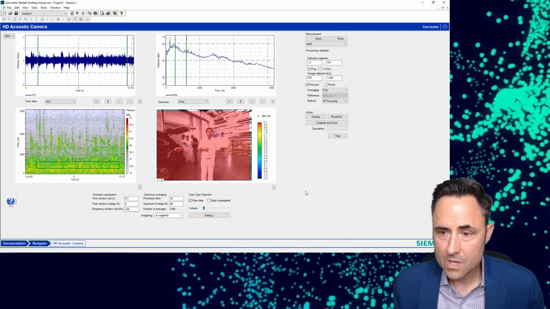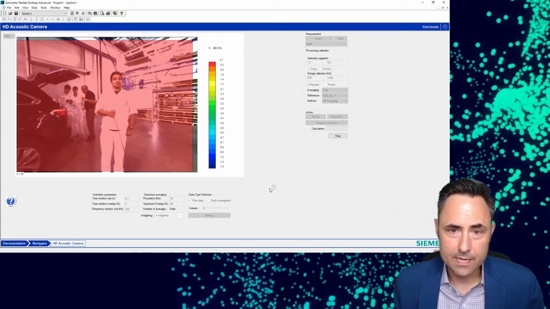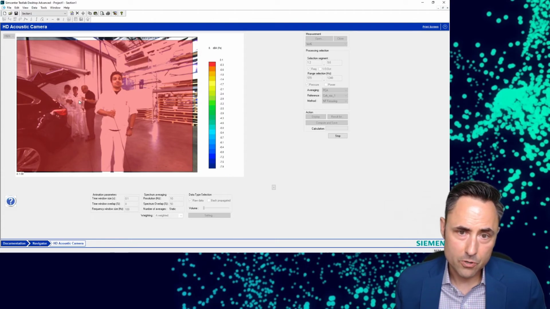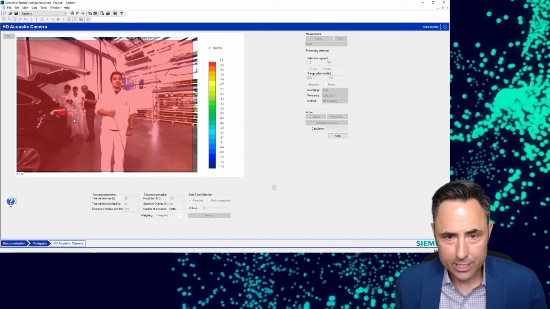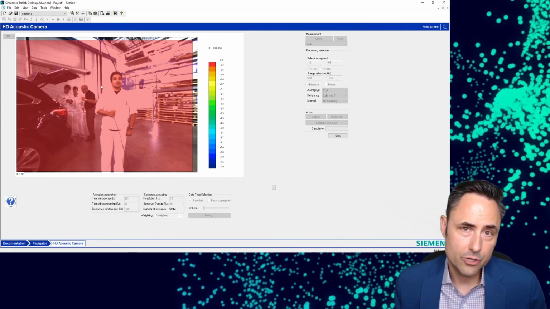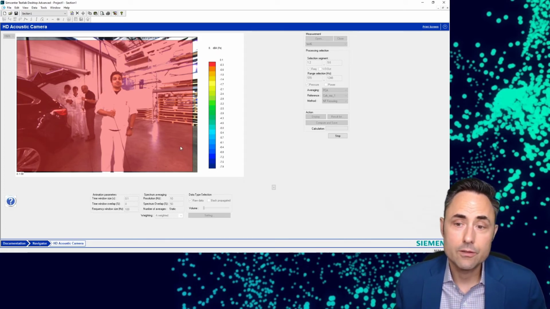In this instance, I'll zoom in on my picture here, and you see there are several people standing around in this picture, and these people are going to be my noise source. Imagine I've got multiple noise sources. Maybe this is an engine compartment, or my air conditioner unit or whatever, but there's a bunch of things making noise in here, and I want to be able to tell which one is actually causing the issue.